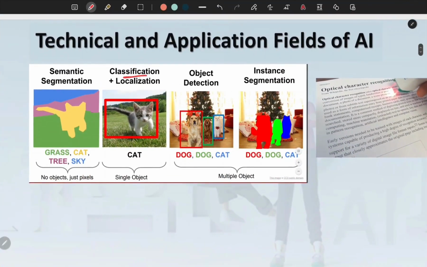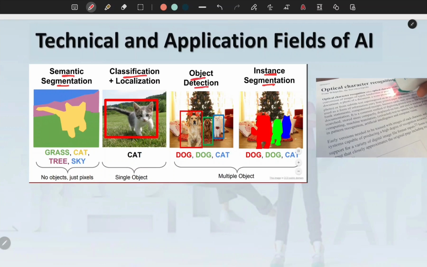So this is classification. The machine sees a photo and it classifies it into an object. This is a cat, or this is a photo of a dog, or this is a photo of a human. Semantic segmentation is dividing the photo into its objects, its components. Instance segmentation, it extracts the instance from the photo. Here you can see the dog and the cat are segmented in the photo.